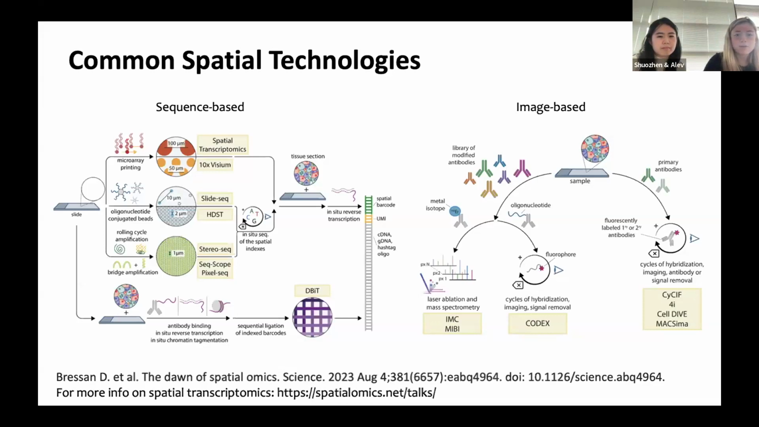At the bottom, you can see in dbit-seq, the barcodes are created by directly placing microfluidic channels on top of the tissues, so that we create a sort of indexed grid of biomolecules, where we can extract the barcoded information from that. And then on the right side here, you can see some of the image-based technologies and